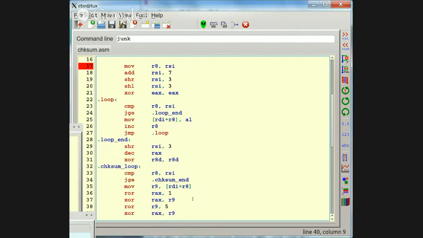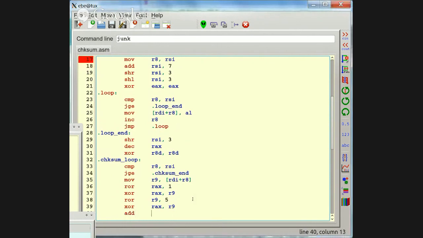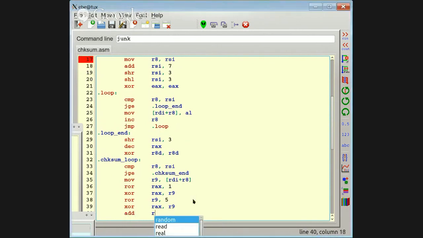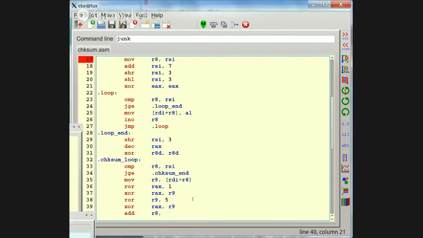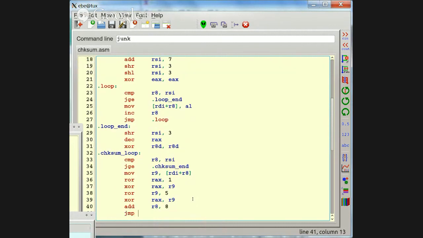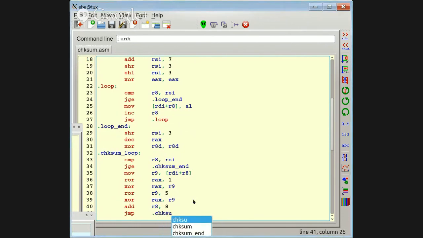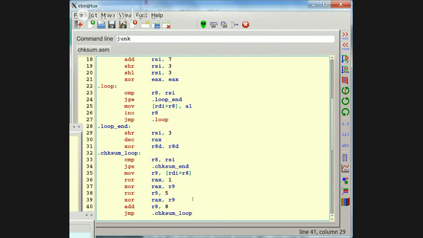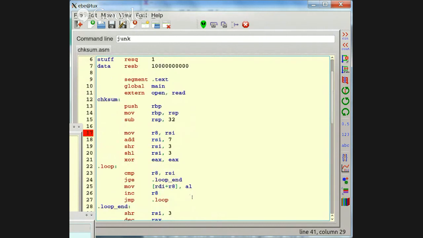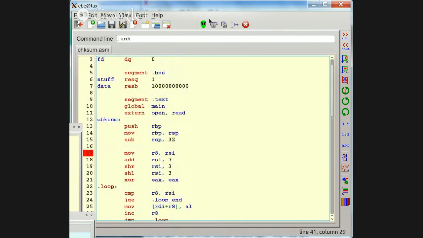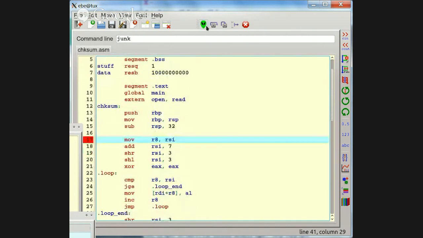And we want to add 8 to R8 to process the next one, and then jump to the checksum loop. All right. Maybe this is right. Let's see how it behaves.